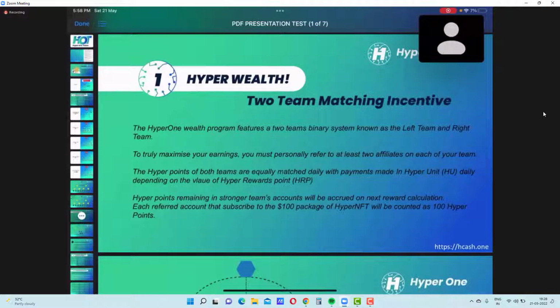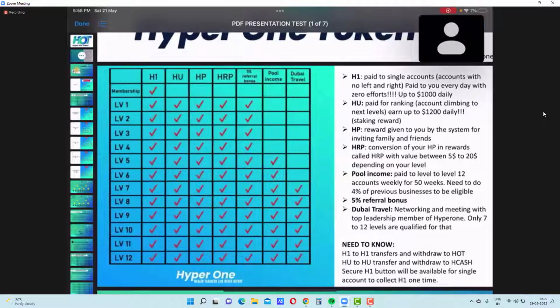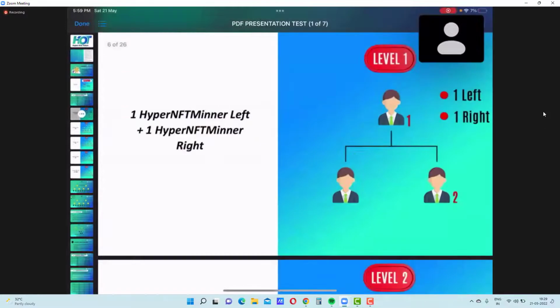So when we go back to the first table here, for example, level 1 is receiving H1 every day. On top of that is receiving HU, and HU is said to be paid for ranking. And how do you calculate the HU you are receiving? First, when you invite someone left and right, each person on the left and each person on the right gives you